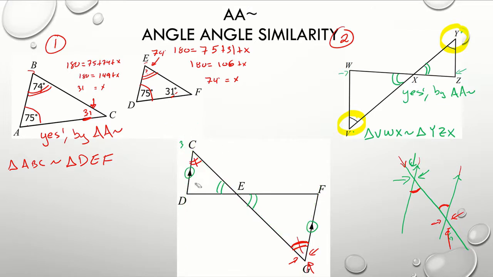And since my lines are parallel, I know that they are going to be congruent. And that helps me because now I have everything that I need to prove that these two triangles are similar. So once again, we answer our question, yes, they are similar by angle similarity. And then the two similar triangles are, remember the first one does not matter, so we're going to